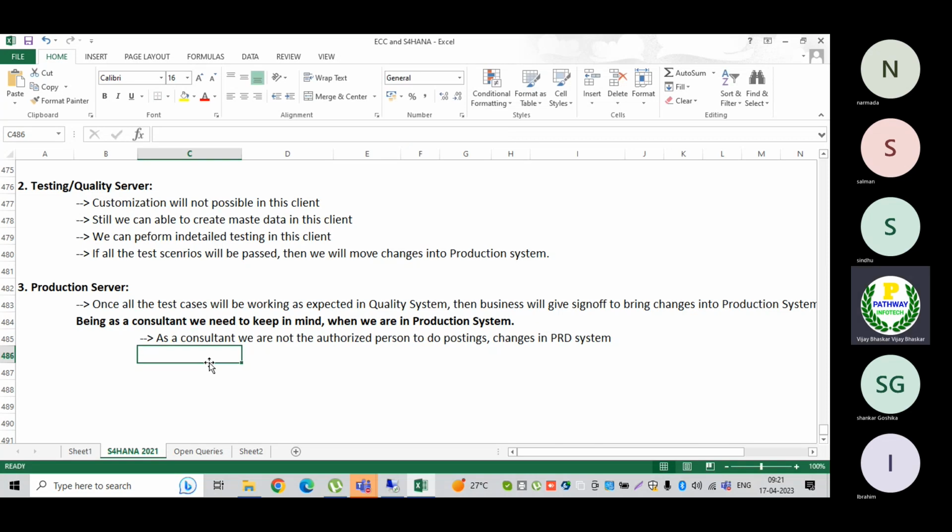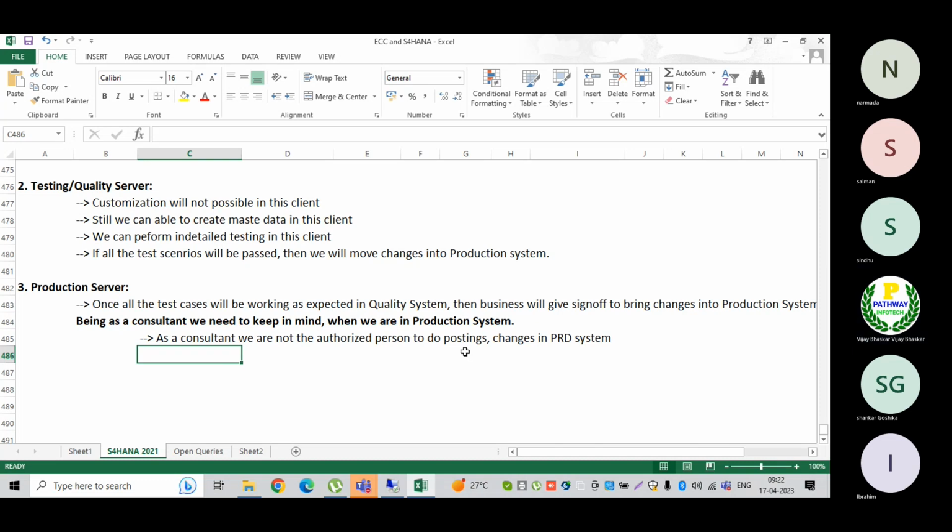When I say this, we are on the consulting side. We should not do any postings, in the sense F-02, F-43, or background jobs, or whatever it may be. We are not the authorized person to do postings. Even in a reversal, we should not do any changes in the production system.